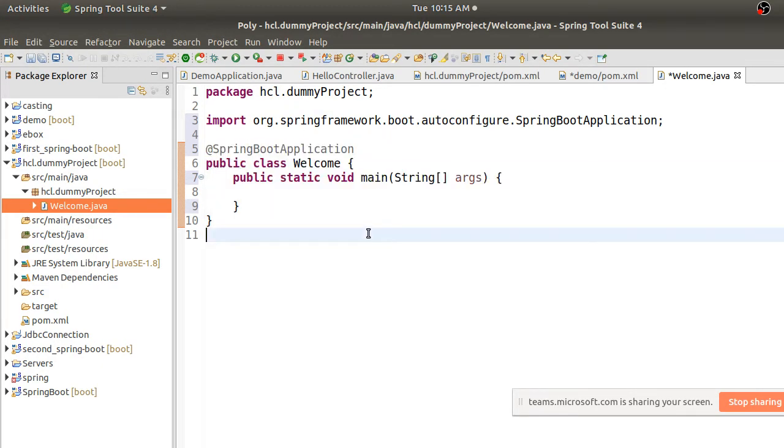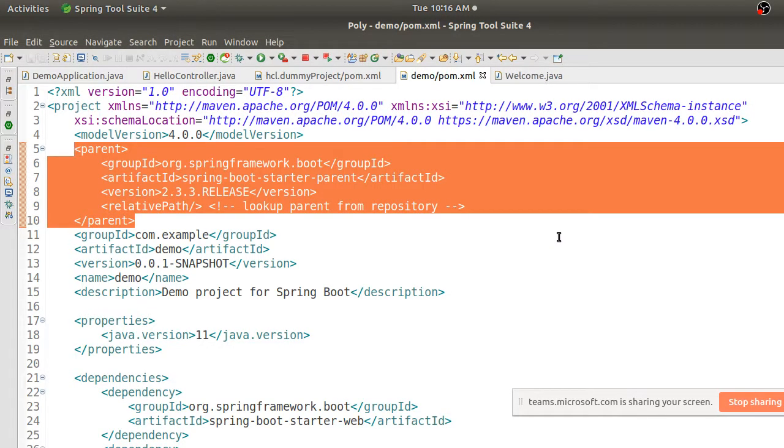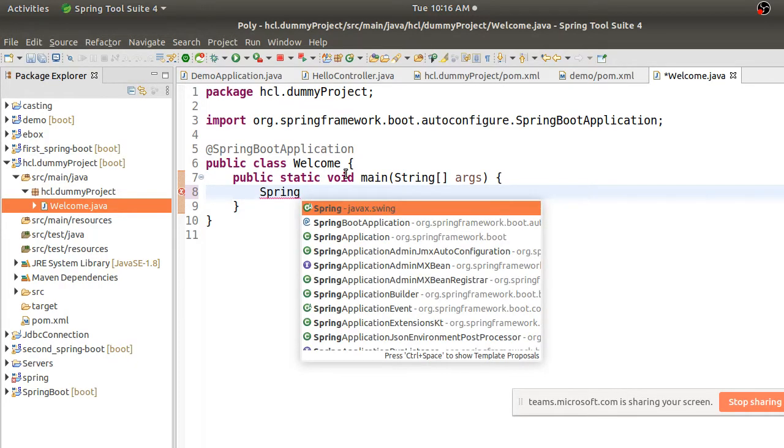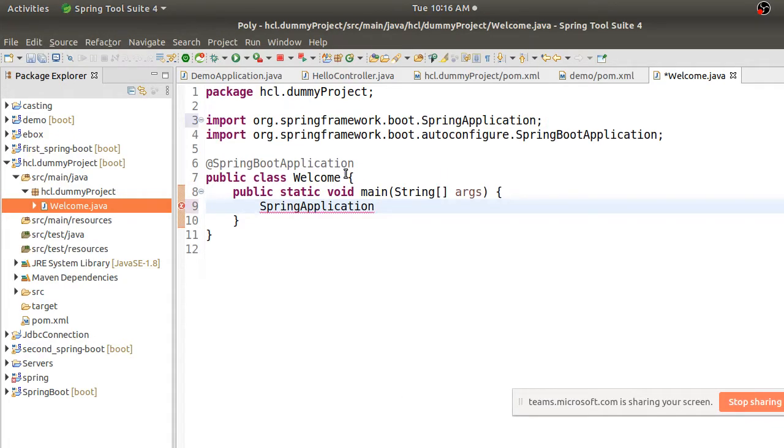Now in your normal Spring applications, how was the scenario? There was something called application context, and you were doing the getBean method, right? You are getting the bean from the application context, and then you are doing all those things. Now what about here? How can you do that here? For that there is one shortcut, right? There is something called SpringApplication. This class SpringApplication will do that application context getBean work for you, right?